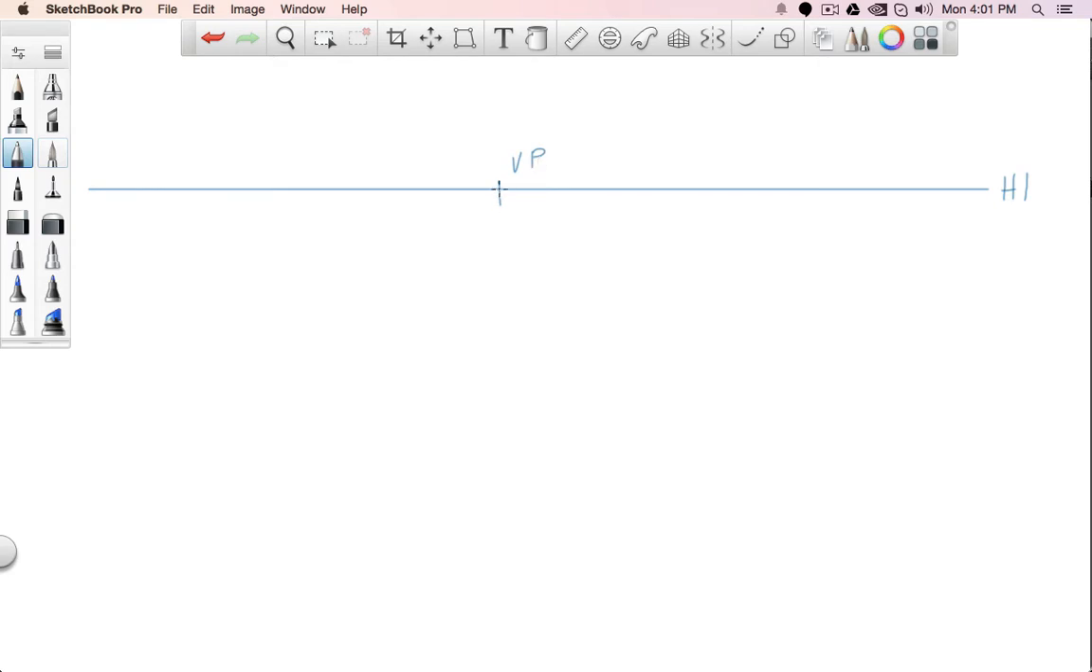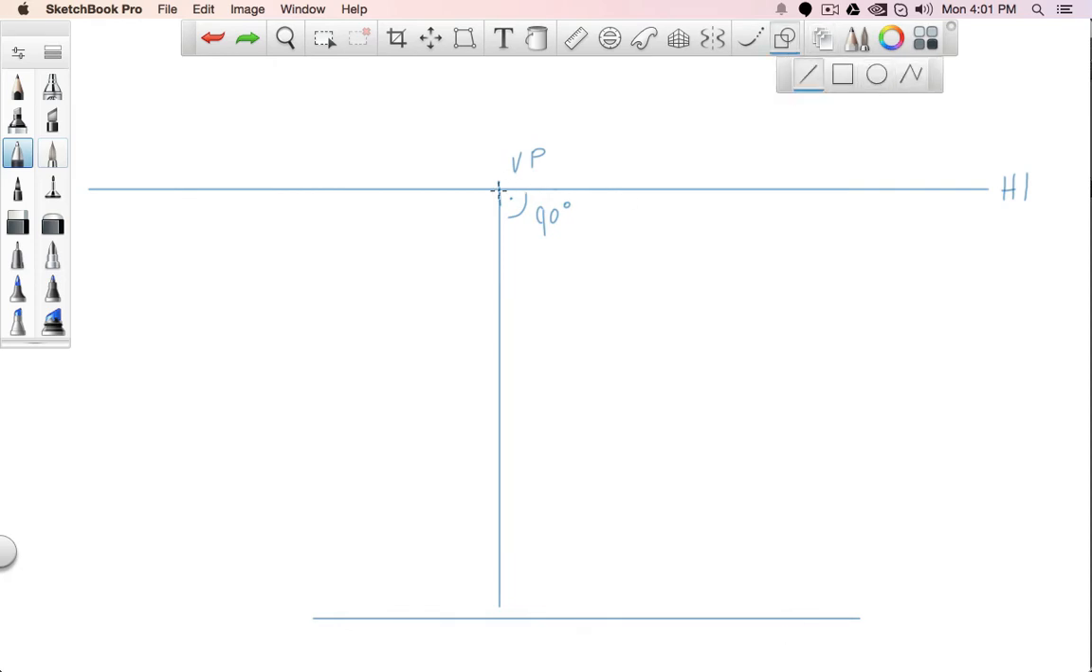Now from this vanishing point, I construct myself down a perfect 90-degree line. So it's perpendicular, 90 degrees. And at the bottom, that's for example where my cube or my square should start. I put another horizontal line, and also here, 90 degrees. Then, for example, I can construct myself a nice